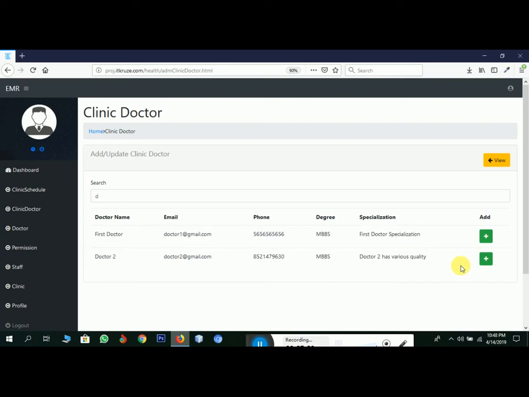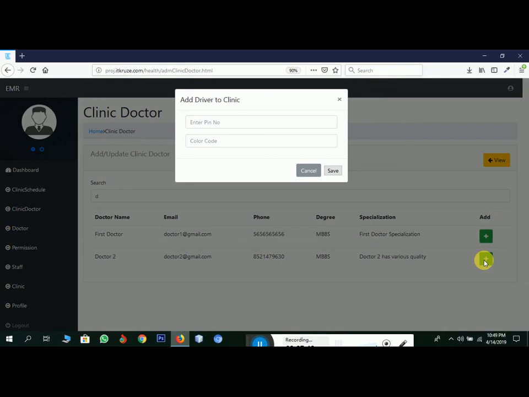And if I want to provide that doctor to my clinic, then I will use the add button. Here there are two types of option. First one is pin number, another one is color code. Pin number is used to give the doctor access to this clinic admin or clinic list.